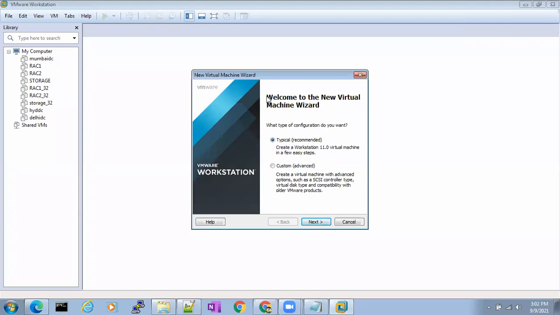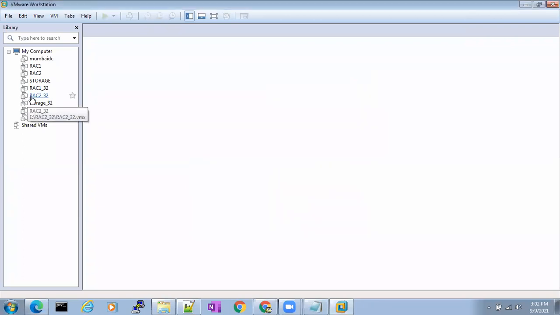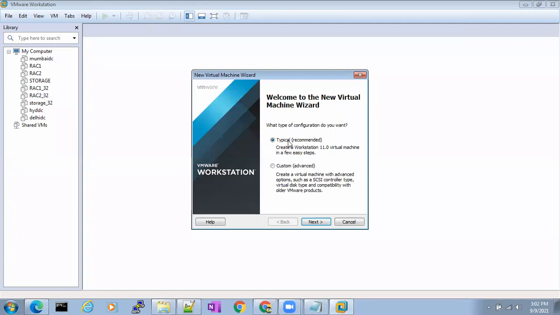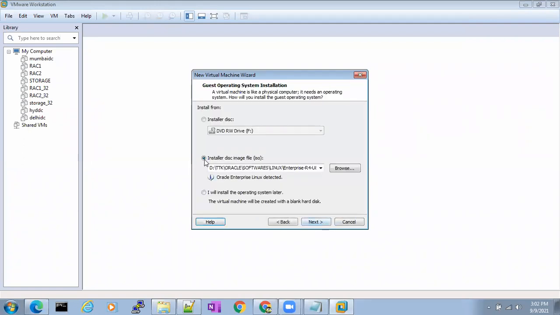Now, how to install? I'll start from the beginning. Just click on File, New, Typical, Recommended. Click Next. Now, you don't use this option if you are using a CD of the Windows or Linux operating system. We don't use a CD, we use an image file. The CD days are gone; that's very old days.